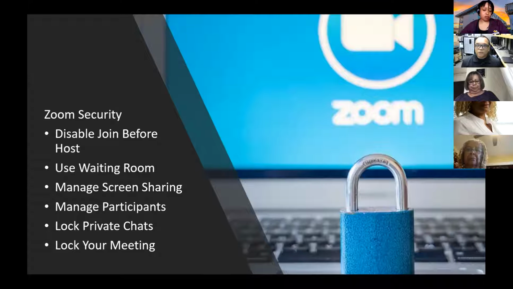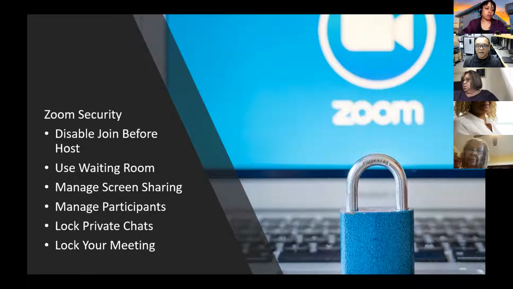So for Zoom, I have to say, Zoom has really stepped it up in terms of their security. In about a month, I've seen 4 updates on their software. They've added a lot of security levels, and a lot of it is being able to manage who comes in and who stays. A lot of it is from being able to not join before the host, meaning if Nicole wasn't logged on, it used to be that people who are invited are able to log on before she